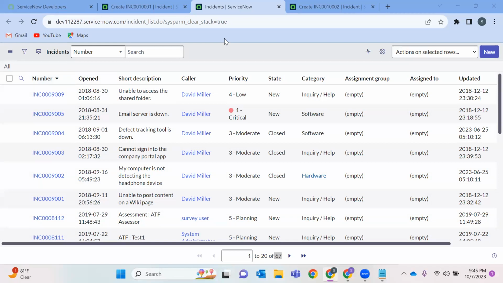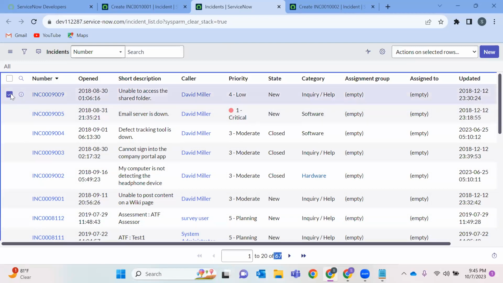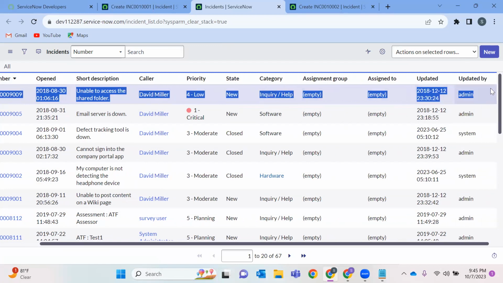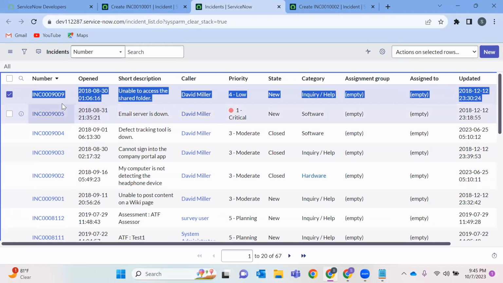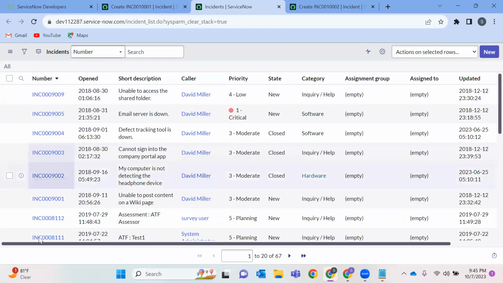In a user table also you'll find records, rows, and columns. Here this is the row. Whatever I have checked, whatever I'm highlighting here, is called a row. That means whenever I submit a new incident record, it is inserted in the form of a row. This is called a column, and a table is a combination of rows and columns.